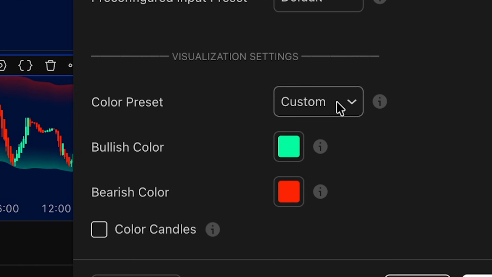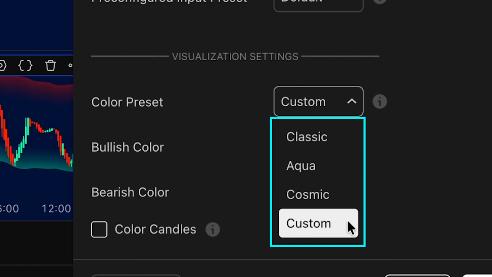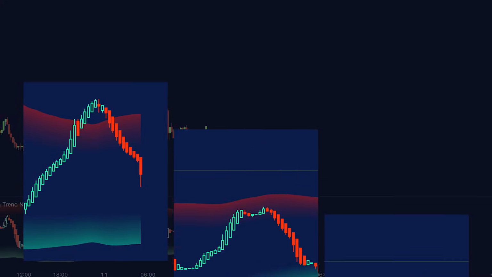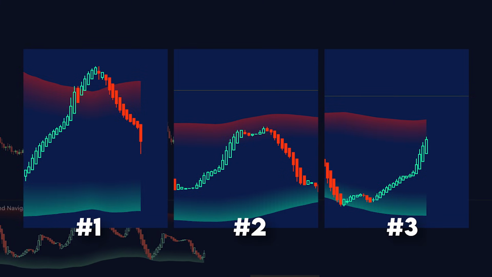Under the Style tab, you've got 4 color schemes: Classic, Aqua, Cosmic, and Custom. Pick whichever makes the signals easiest for you to read visually. You can also toggle candle coloring on or off and adjust band visibility. After that, click OK. Now let me show you 3 ways to trade this indicator, each using the mathematical edge